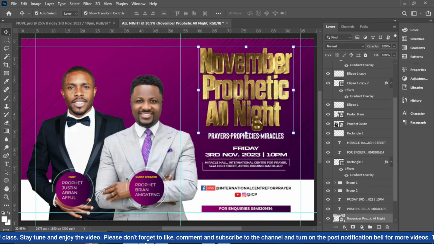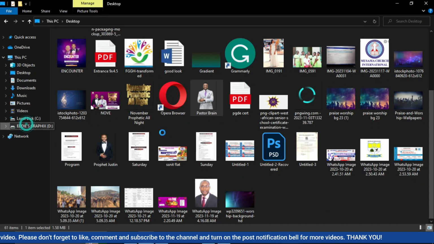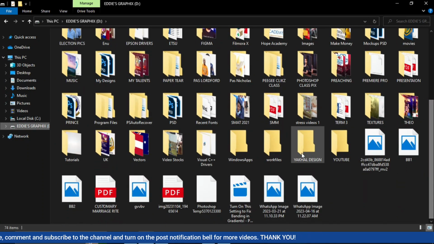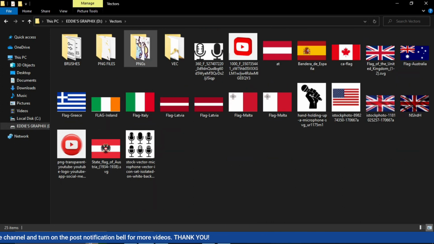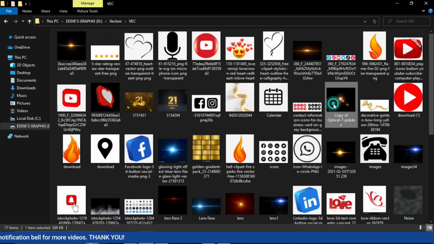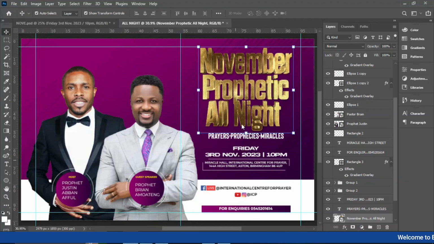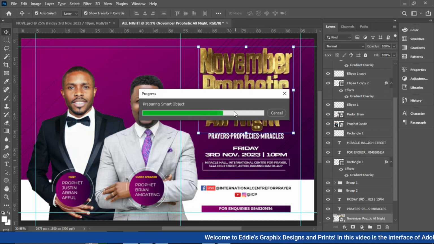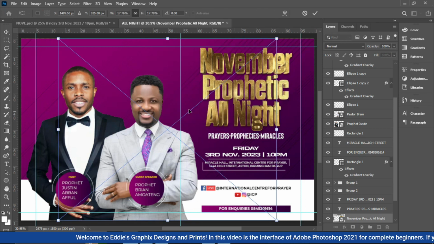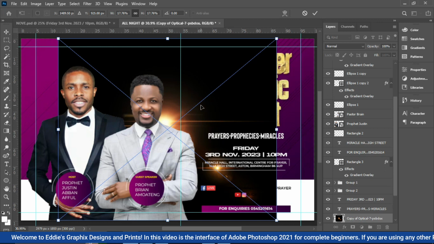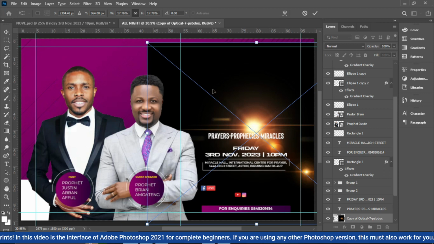click on that, and then go to your resources. We are going to add this lens flare to it just to brighten your work. So bring in this lens flare, drag it onto Photoshop, and then let's allow it to load, and then I'm going to show you how you can take off the darkness. As it finishes loading, drag it here, let's bring it to this side, and then we are going to